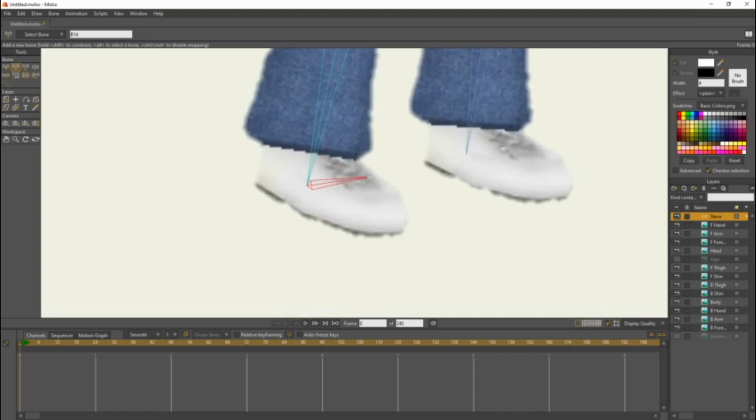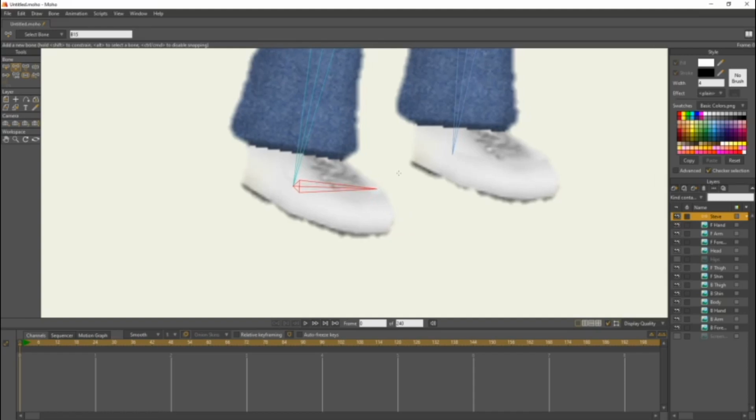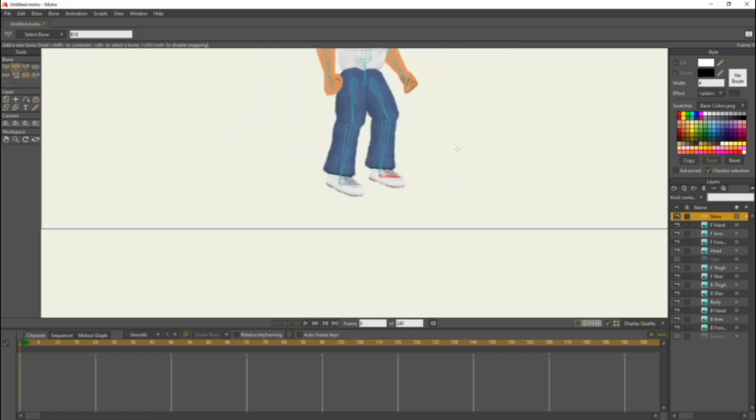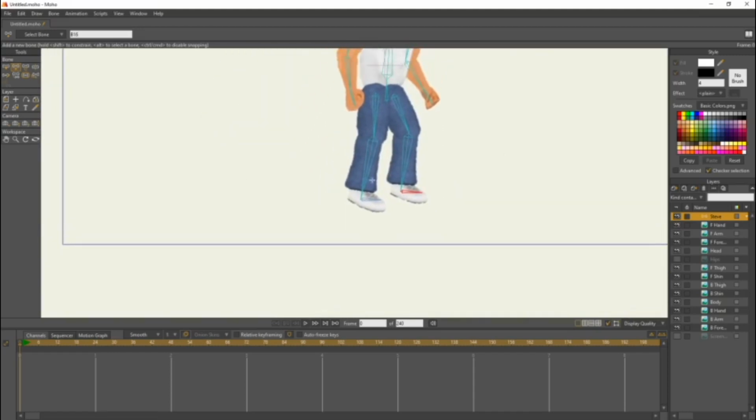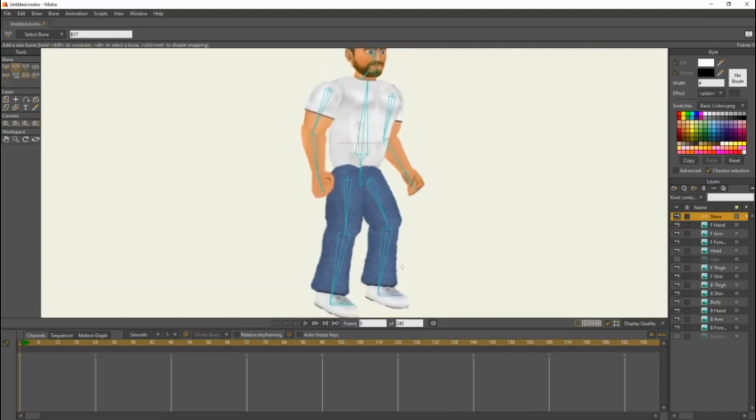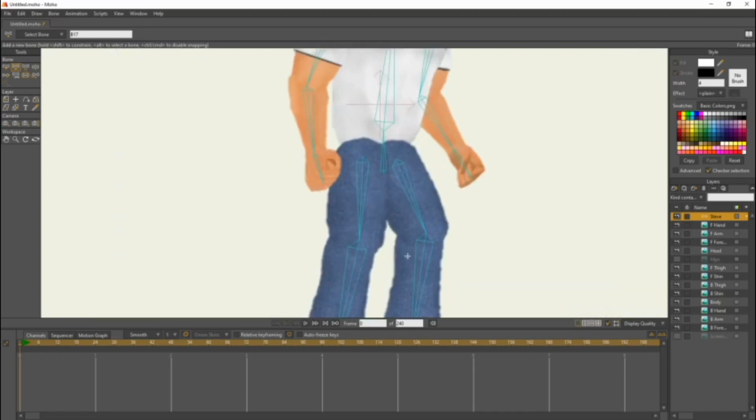We're gonna create a bone right here. We're actually gonna hold shift. Actually, we're not. We're just gonna try and make this as straight as possible. And we're gonna do the same thing for the other leg. And finally, we're gonna create a bone right under the character, a pretty big one. And like that. So this should be your character and all the bones rigged.